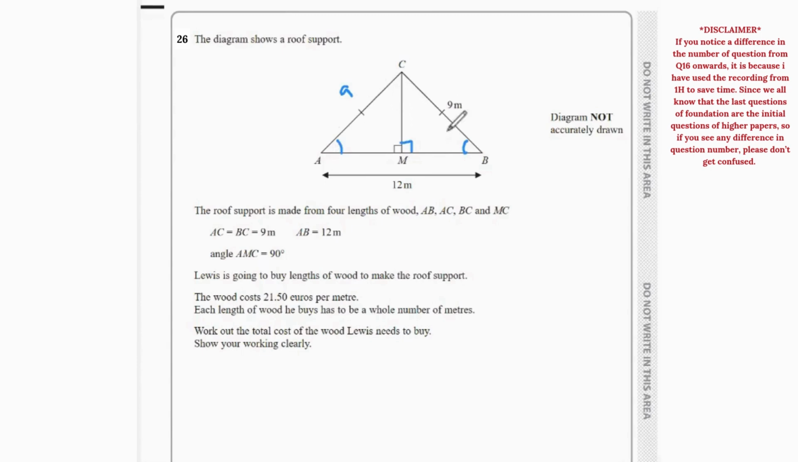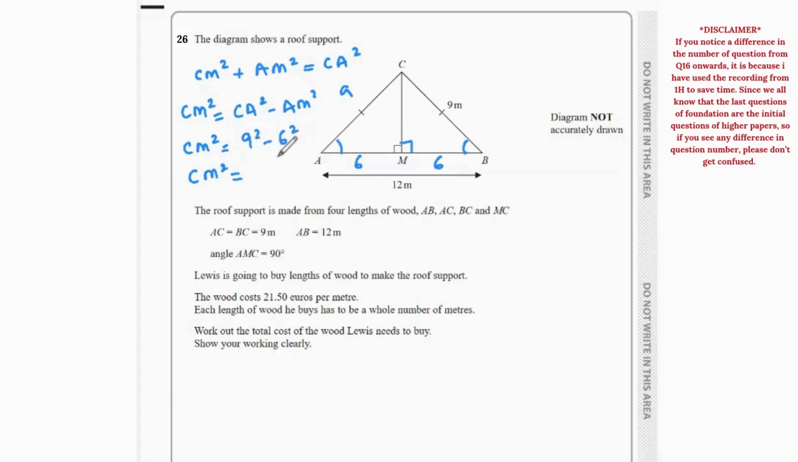Since it's an isosceles triangle, that means CM is right in the middle. So this is 6 and this is also 6. In a right angle triangle, if we're trying to find one of the missing lengths and the angle is not given, we can easily use Pythagoras theorem. So it's going to be CM squared plus AM squared equals CA squared. CM squared equals CA squared minus AM squared. That's going to be 9 squared minus 6 squared,